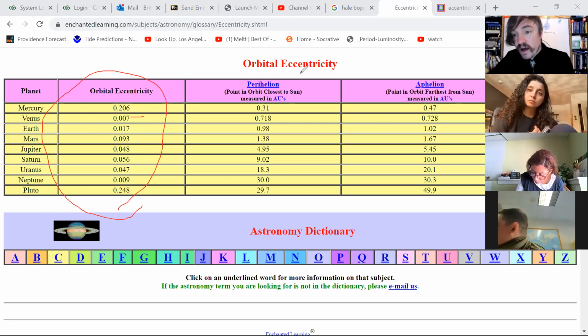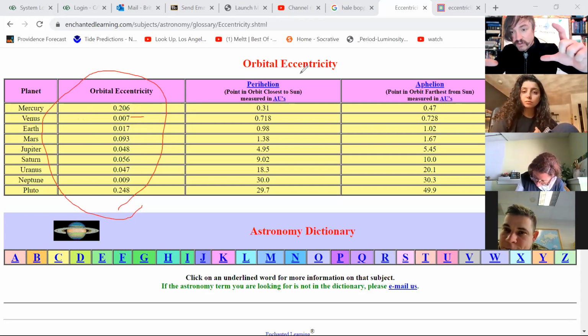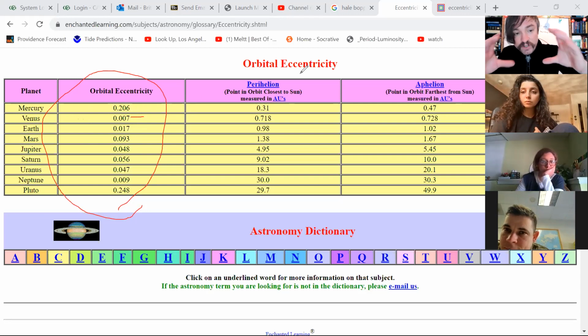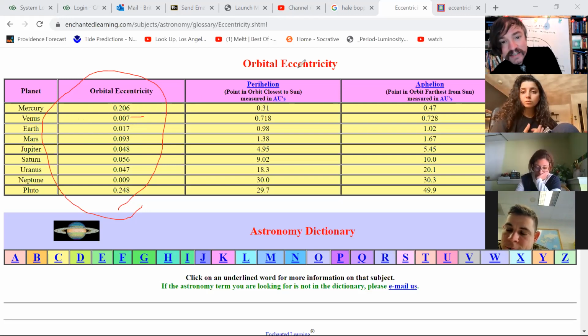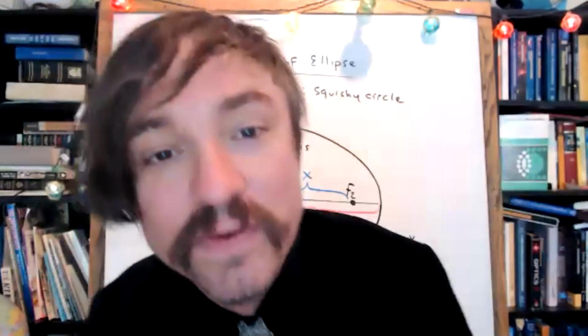If I were to draw an ellipse with 2% eccentricity and then show it to you side by side with a picture of a circle, I bet if I said which one is the circle, you couldn't pick it out. An ellipse of 2% eccentricity is so close to circular, your eye can't even detect it. In other words, no wonder Copernicus and these ancient Greeks believed the orbits of planets were circles. It's almost, but not quite true.